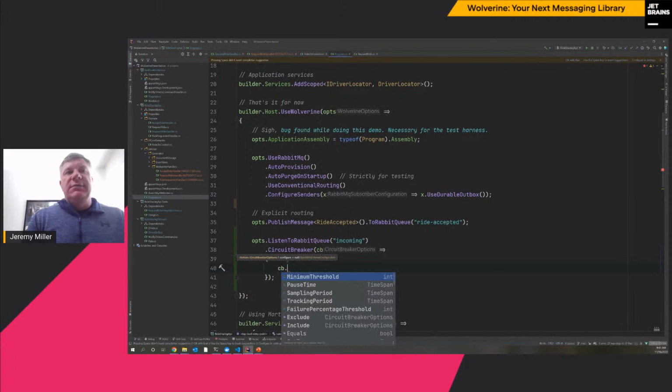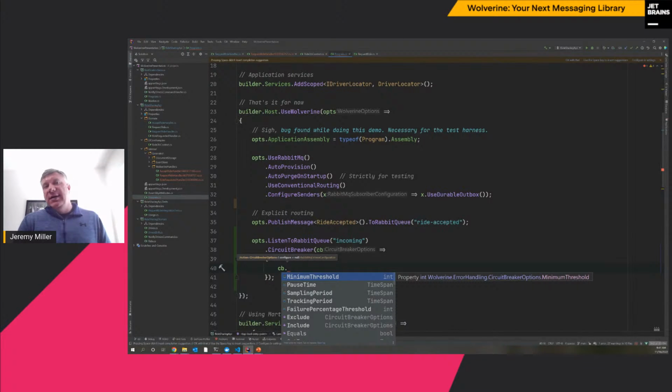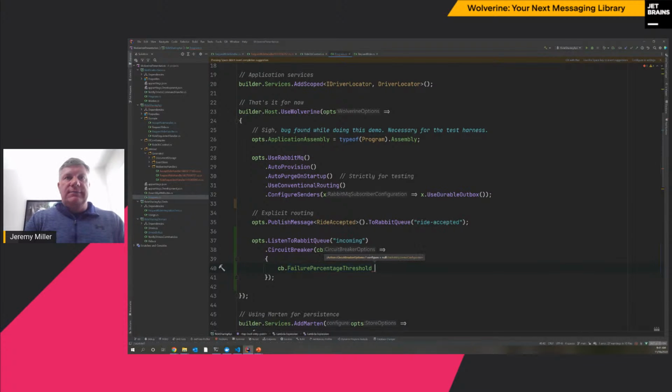There's options here. This is admittedly heavily influenced by MassTransit's API. The mechanics are very different internally, but I like the way they expressed it. The circuit breaker here is monitoring the activity of the messages in just this listener, this incoming queue. And if we get too high of a rate of failures,